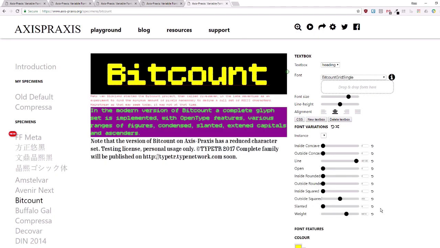And then this one is seemingly a bit of a mix because it's using the term slanted rather than slant, and the range goes from 0 all the way up to 1,000. So that one has pretty much decided to go its own way. So as I mentioned, even though there are rules and guidelines, things are being approached a little bit more liberally. We may see that tighten up as time goes forward, and we may see a bit more standardization. But for now, particularly with the italic and slant axes, just be aware that things might not be 100% by